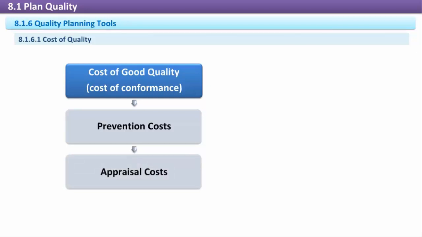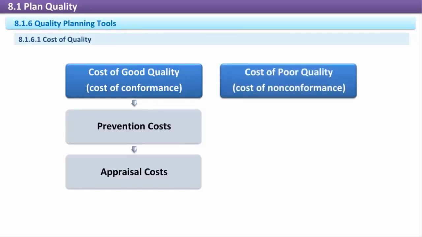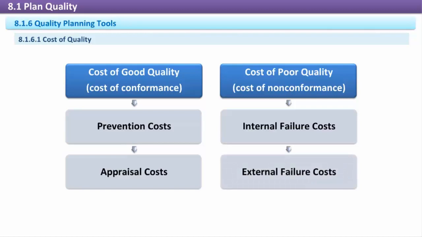quality assurance activities, like appraisals and audits, and quality control activities, like testing and inspections. Cost of poor quality, cost of non-conformance. Internal failure costs: failures found by the project team, including the costs related to rejects, rework, delays, shortages, scrap, and other inefficiencies. External failure costs: failures found by the customer, including costs related to warranties, returns, lost sales, and